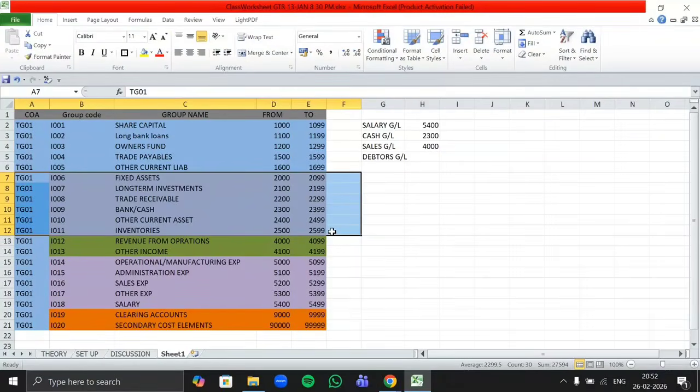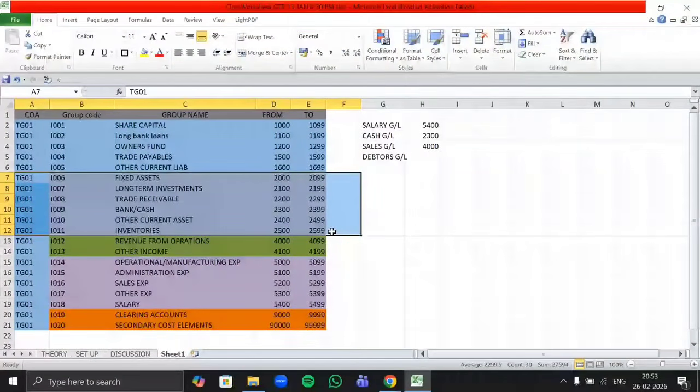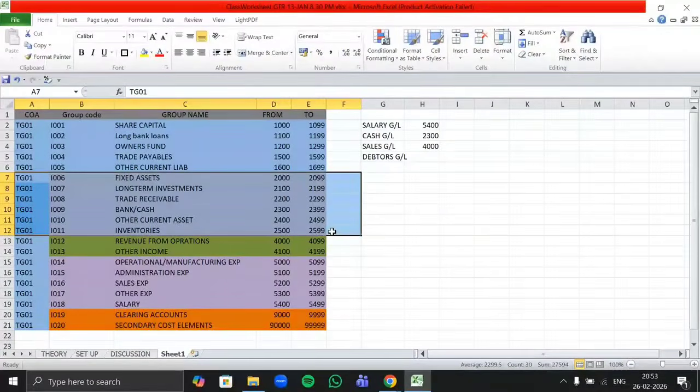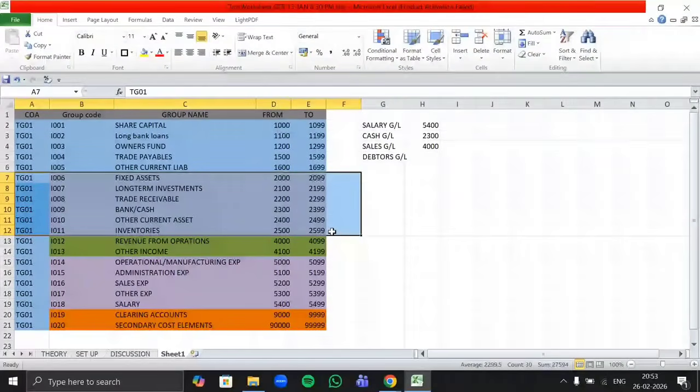Now, as someone said, other current assets. What all does other current assets include? It includes all the short-term assets. Other current assets will never include direct or indirect sales we are making. So that is the reason we never book it under other current assets. These are the receivables, the amounts which we are going to receive from the customer as we have made sales to them.